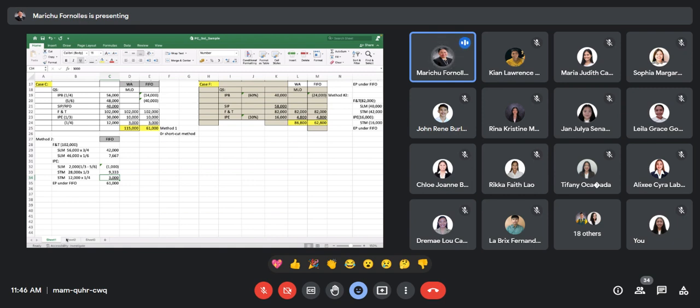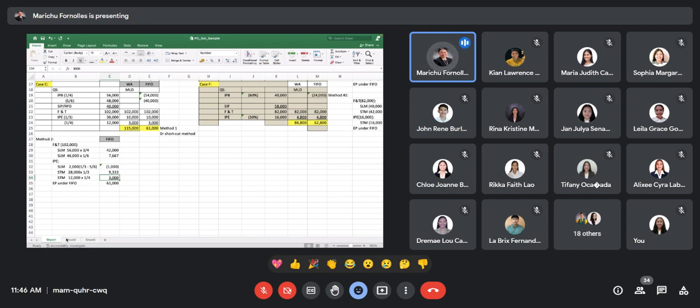So in the month that those units were started, the materials were given completely. That's the meaning of all material is added at the beginning or start of the